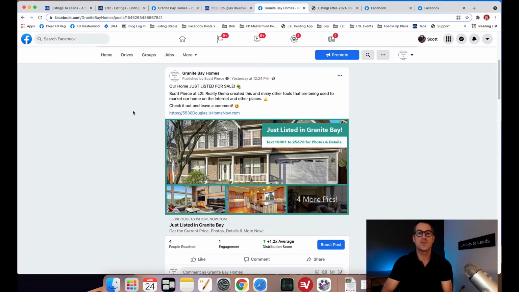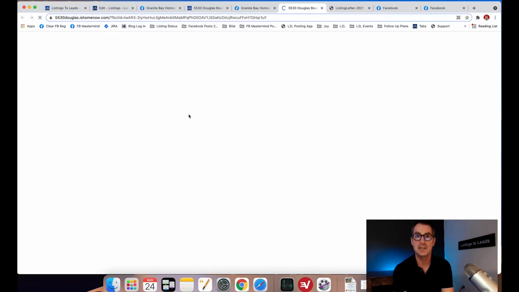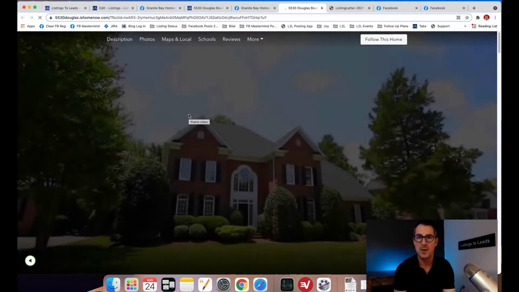And here's what it will look like right here. Our home just listed for sale. It'll have your name and your brokerage, right? And all this great work that you're doing. And then again, here's the link. So whether they click on the link or the image, it goes back to your single property website where we've got